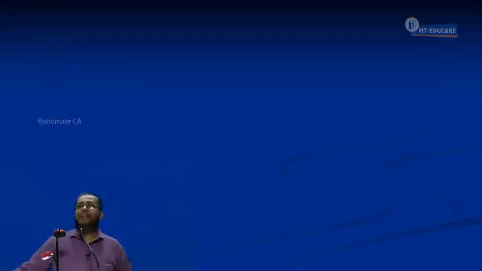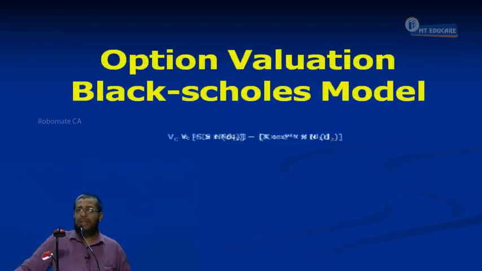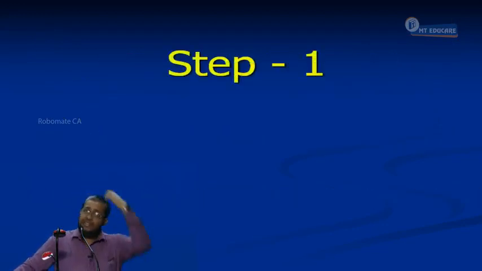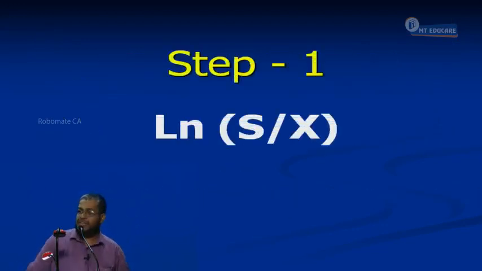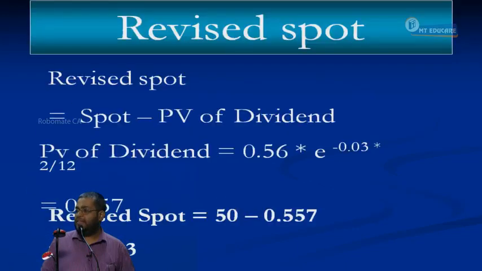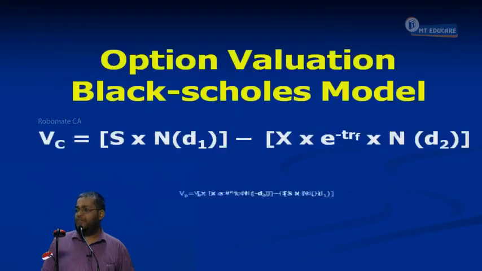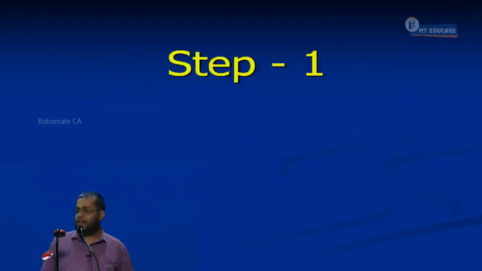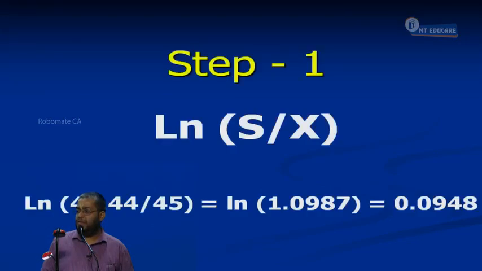Now tell me. Let's start with the first step. What is the first step here? ln of S by X. Step 1, ln of S by X. ln of 49.44 divided by 45. I think we had 443, no? I round up to 2 decimals. ln of 49.44 divided by 45, which is equal to ln of